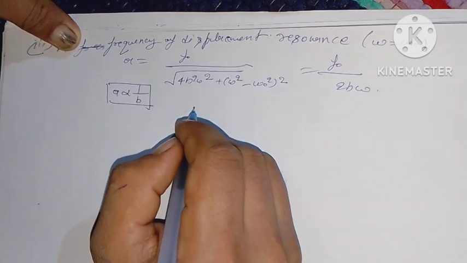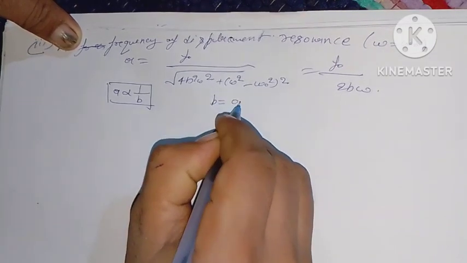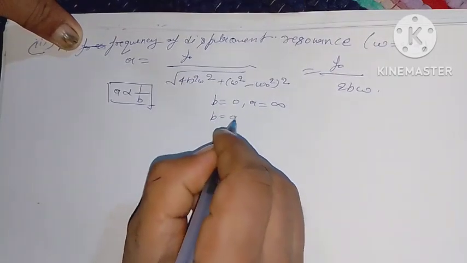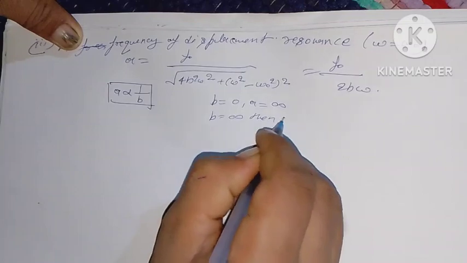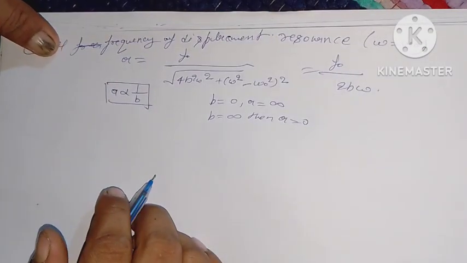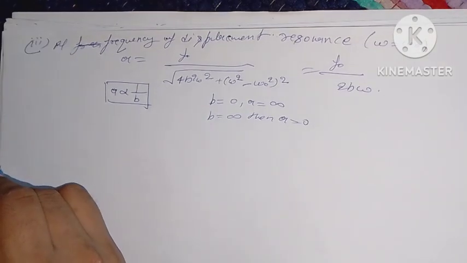Thereby, for b equal to 0, A equal to infinite, and for b equal to infinite, A equal to 0. Okay. When, however, damping is present, the displacement resonance takes place at a frequency